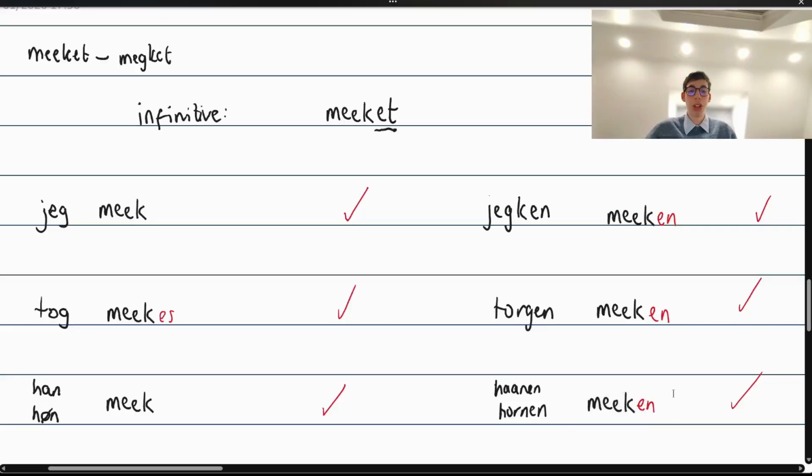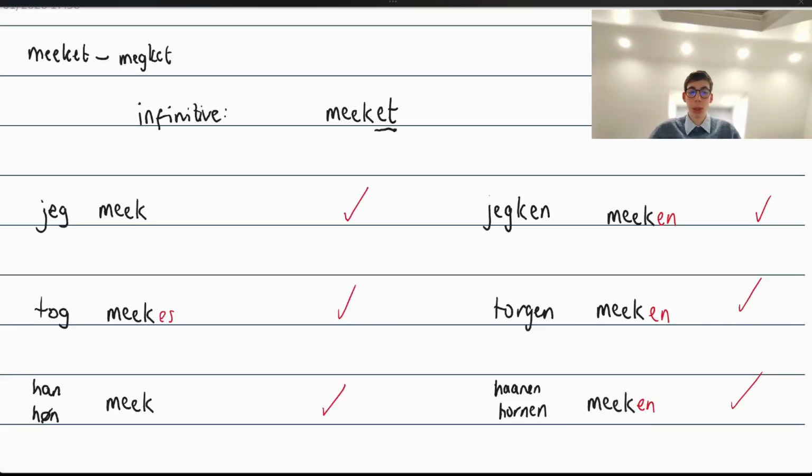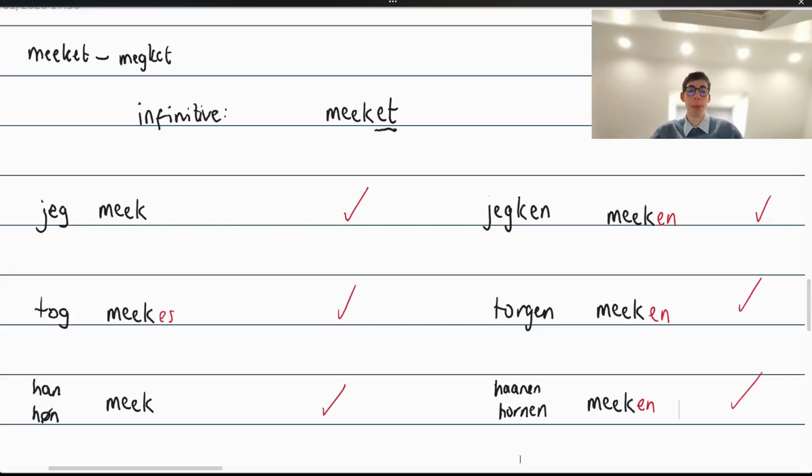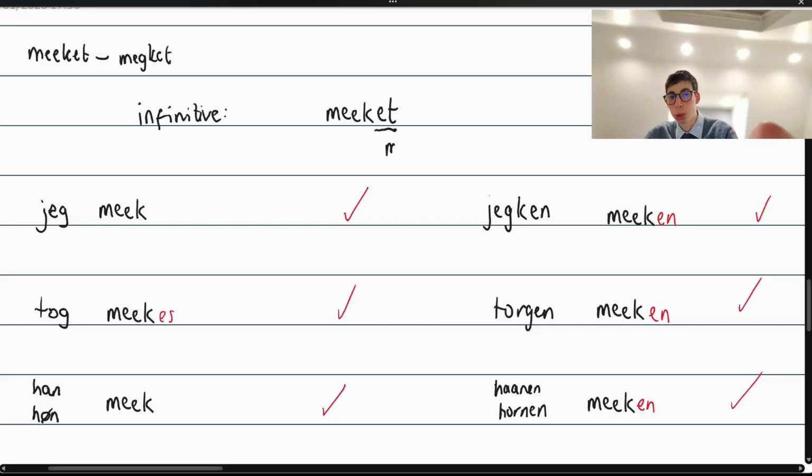Now I have some bad news, which is that we're not done. This is not correct. This is not final. And you may be thinking, well, that's ridiculous because you said that this verb was regular, and it is regular. But I'm going to point out the I form and the he form, which currently is meek. Now, the reason that the vowel is long, it's 2 letters, the reason it's meeket, not just a shorter one, is that